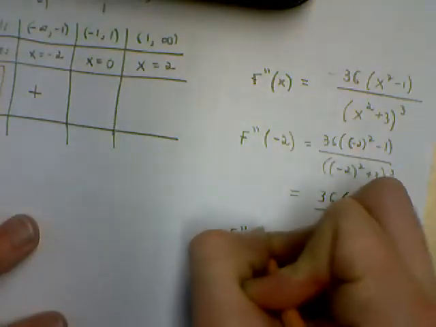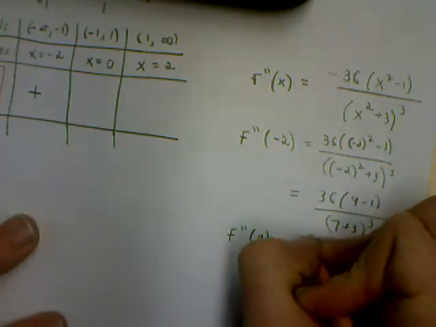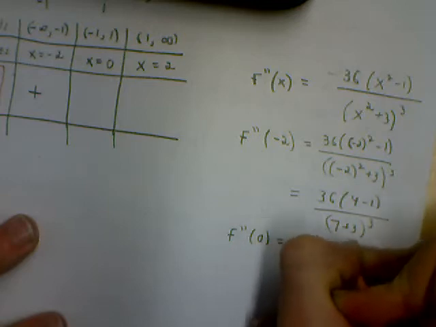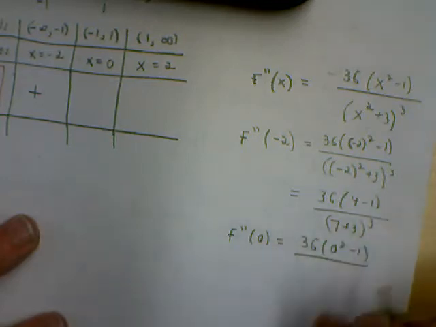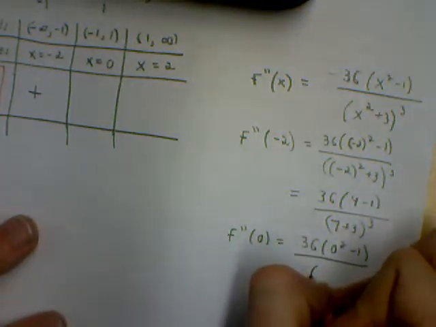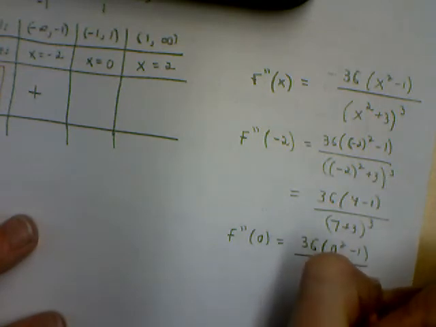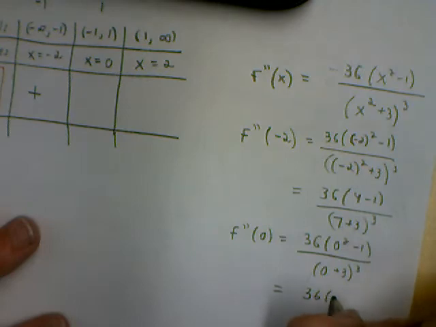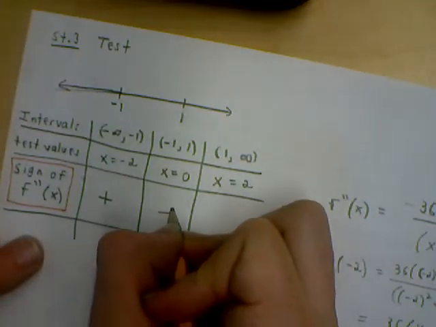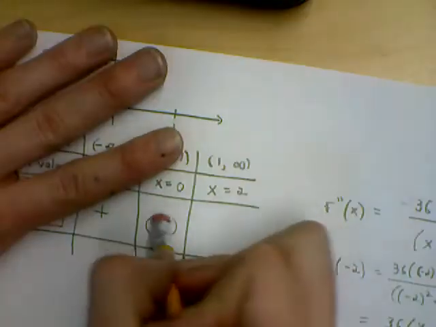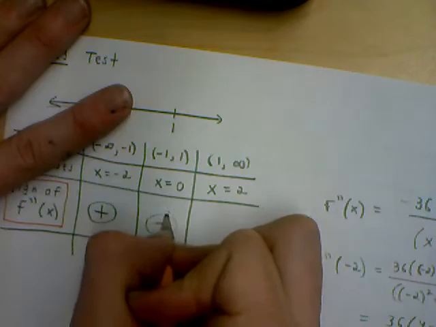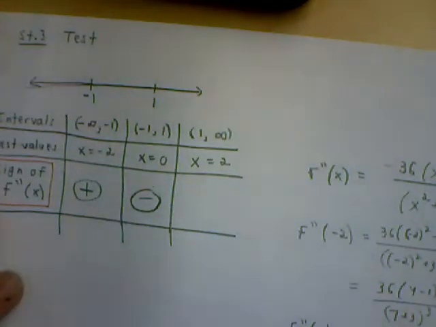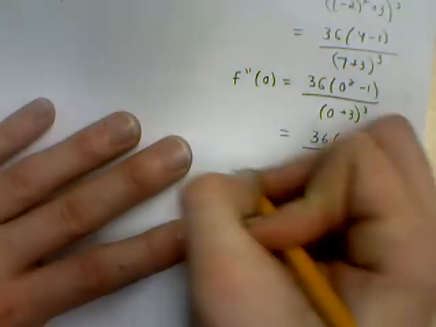Let's test f double prime of 0. So I'm going to have 36 times 0 squared minus 1 over 0 plus 3 cubed. That's going to give us 36 times negative 1 over 27. That's going to be a negative. All right. So we have a positive, a negative, and then let's do the last one, f double prime of